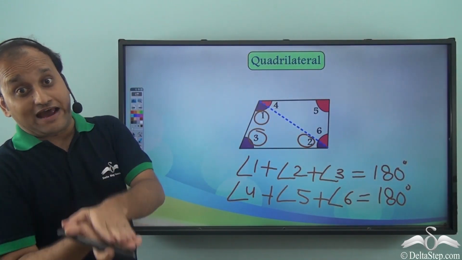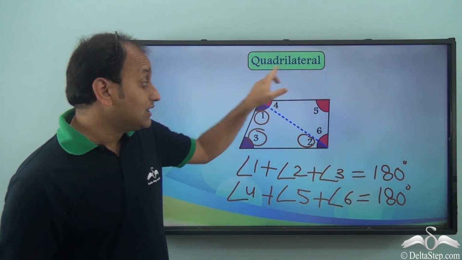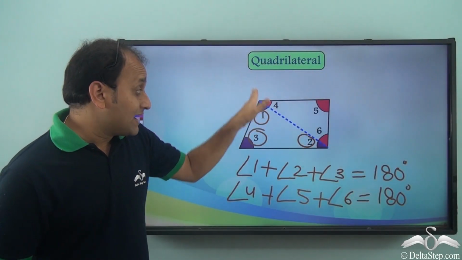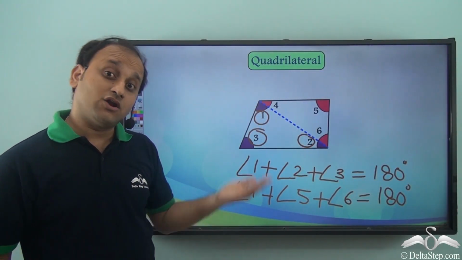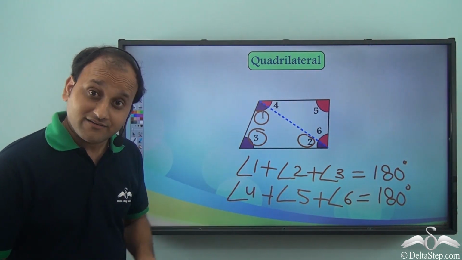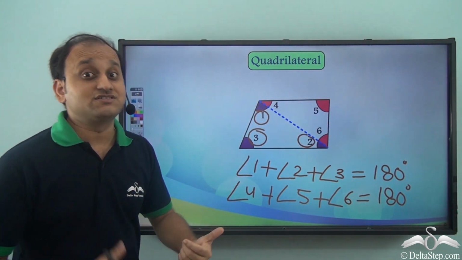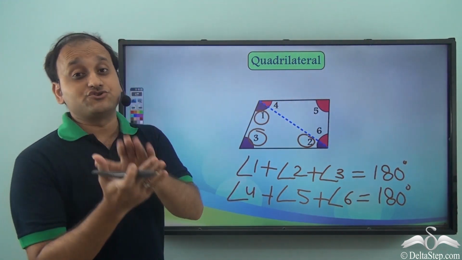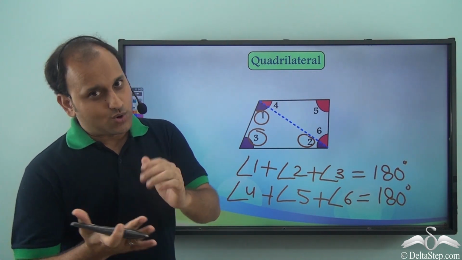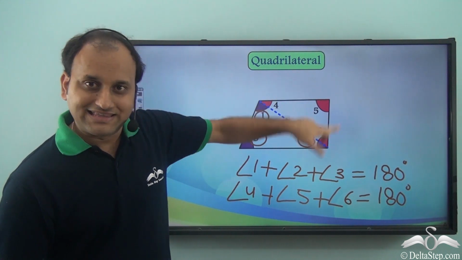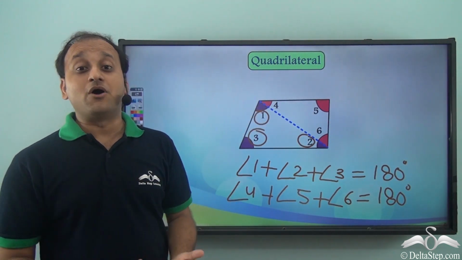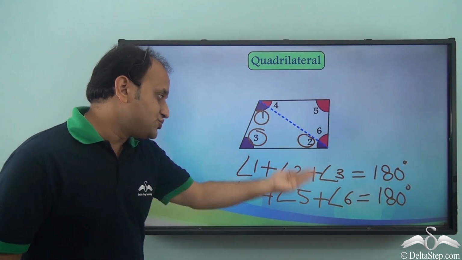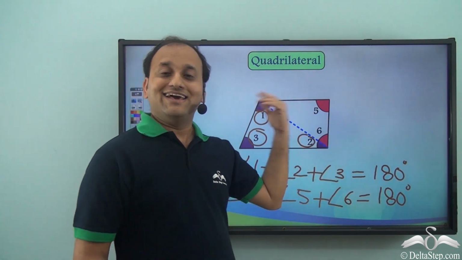Now, if we want to find the sum of all the internal angles of a quadrilateral, how do we do that? We have angle 1 plus 4, which is one internal angle of the quadrilateral. Then we have angle 3. We have angle 2 plus 6, which is another internal angle of the quadrilateral. And then we have angle 5, which is also an internal angle of the quadrilateral. And if we add all these, then what do we get? Sum of all the internal angles of the quadrilateral. So, we need to add angle 1, 2, 3, 4, 5 and 6.